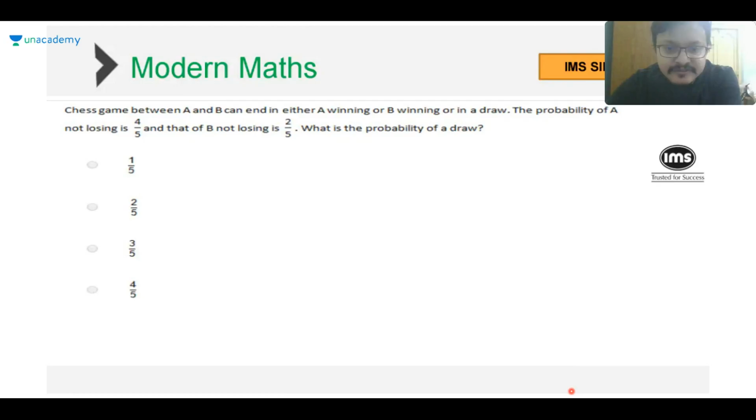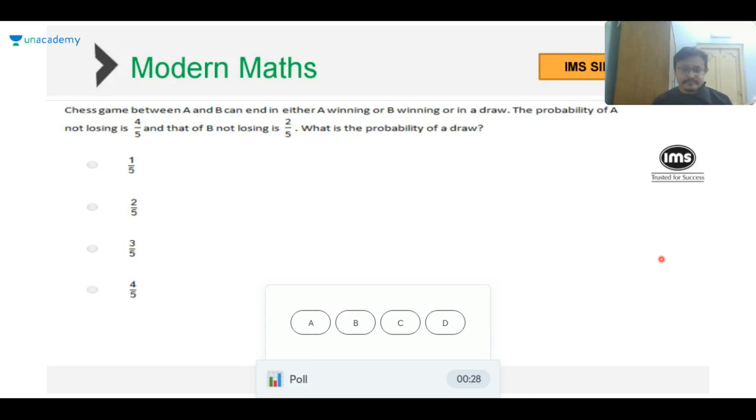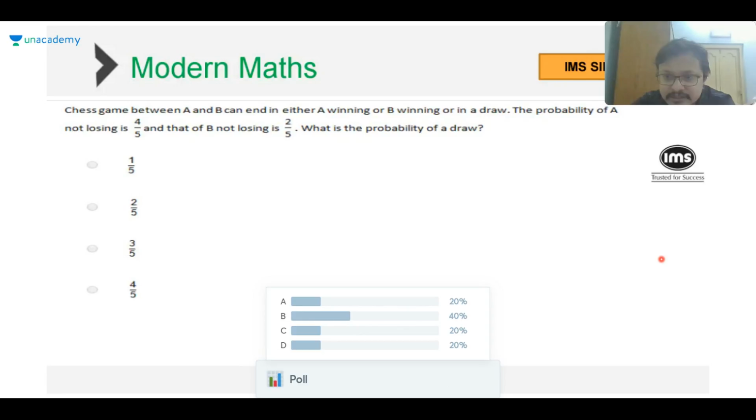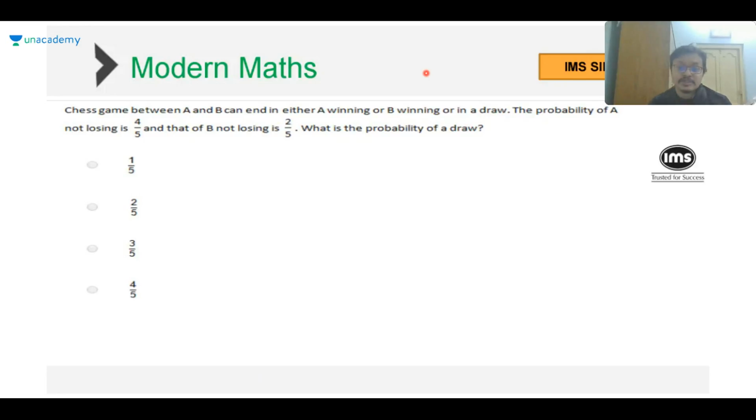So I'll make the poll active. Answers. The question is asking what is the probability of a draw. Unfortunately, I'm getting three different sets of answers: A, B, D. Everybody else also try and answer each of these questions by yourselves. Good evening, Ronit, Sachin, Replica, Satyam, Prasad, Rahul, Priyanka, Neeraj, Kriti, Aditya, Lipsa. So I ended up getting multiple answers.